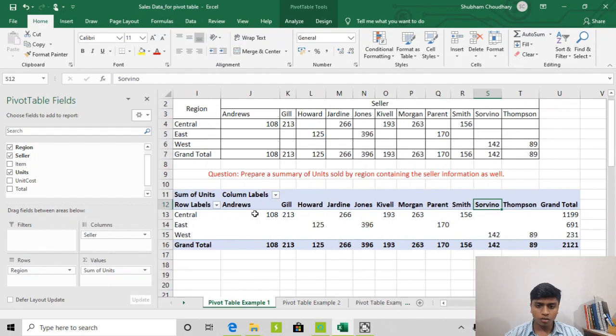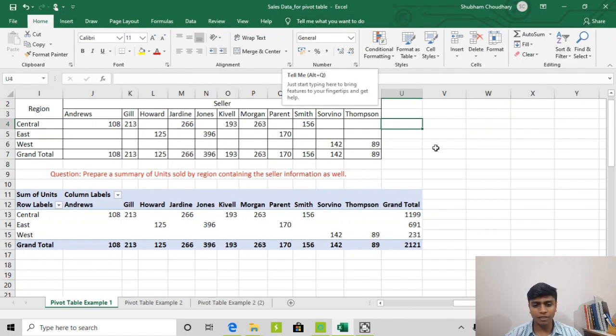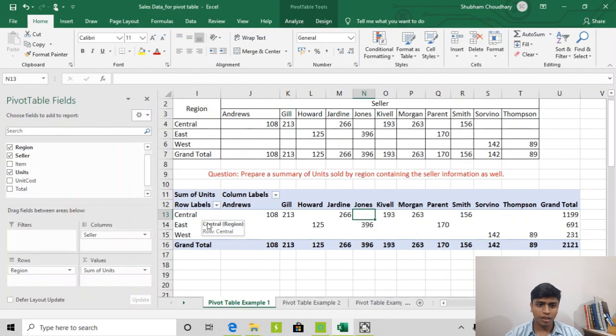Now if we want to go deeper into it, we can just go to these two tabs. As you see, these are the pivot table tools. When you click somewhere outside the pivot table, the pivot table field list and these two options, the Analyze and Design tabs, disappear. They only appear when we are inside the pivot table, like this. Now we have both.